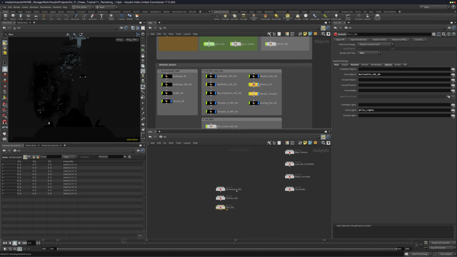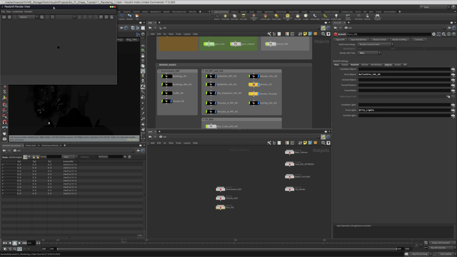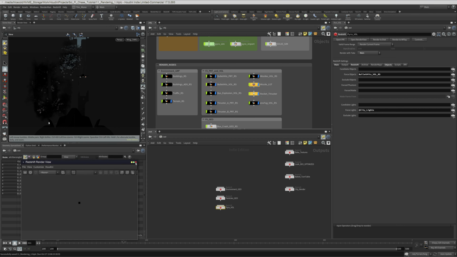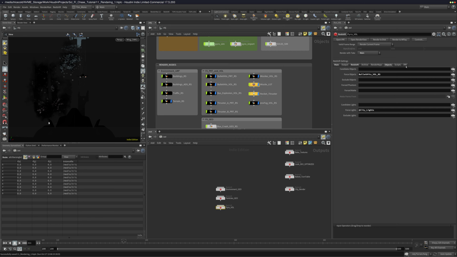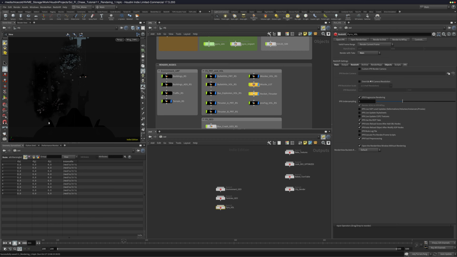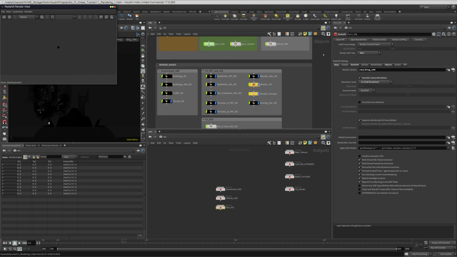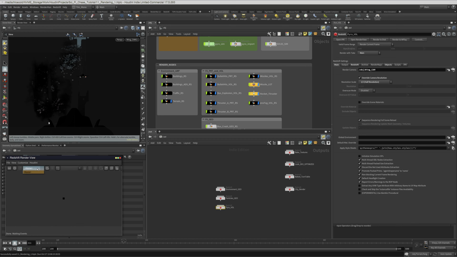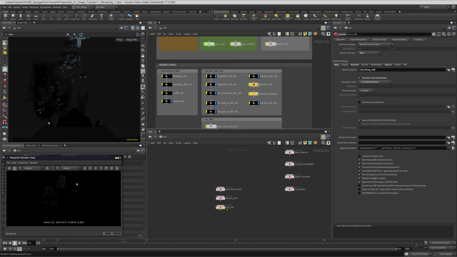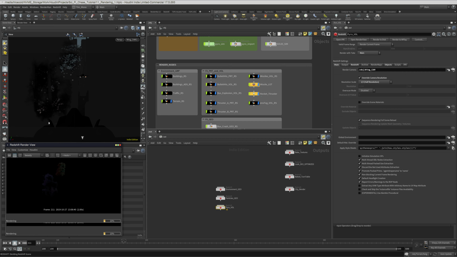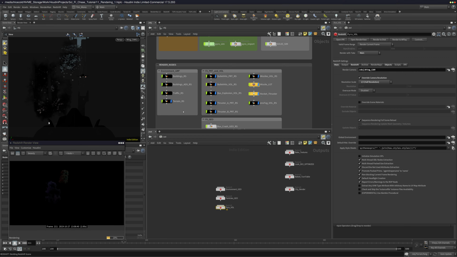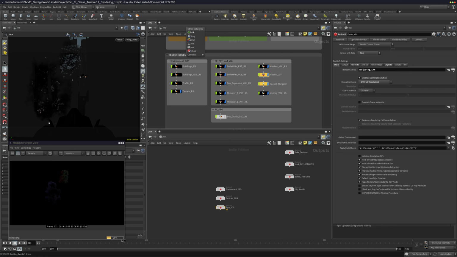Actually, I think we can use the render view. So I'm just gonna save this. Open render view, because with the render view we can play with the shaders. Actually, let's close it again. I think here are some default settings, custom IPR. No, that's fine. Okay, just open the render view. And from here, I'm going to select what I want to render, which is the PYRO wall. And my current camera is this. Okay, so that's fine. It renders quite fast. So I guess now I need to go and find my shader